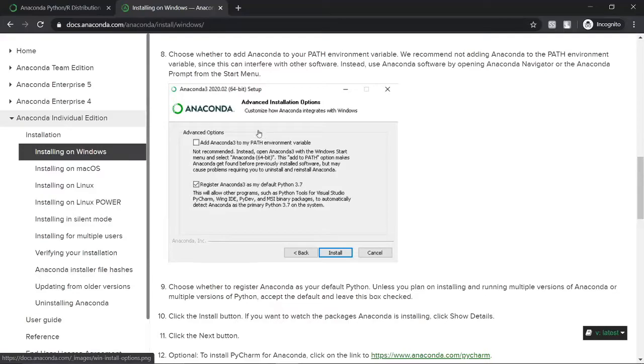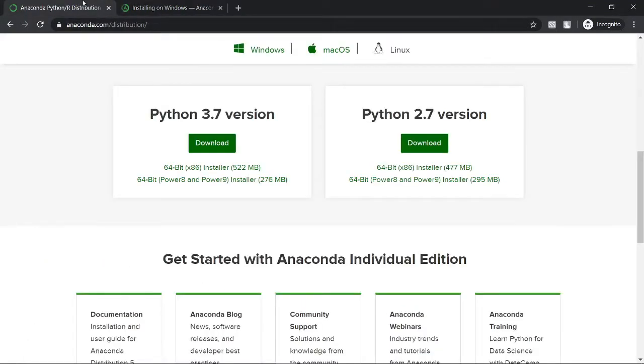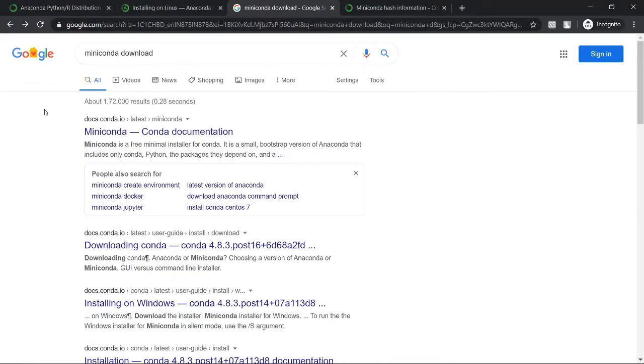Now, as I previously mentioned, many of us have low storage space, and as you can see, these graphical installation files are quite large. Depending upon your net connection or the space available, you may not want to download all the libraries. Instead, you probably just want the basics of Python. For that use case, you can look for conda.io or just Google Miniconda download, and it will take you to the Miniconda download page. As you can see, this is the link.